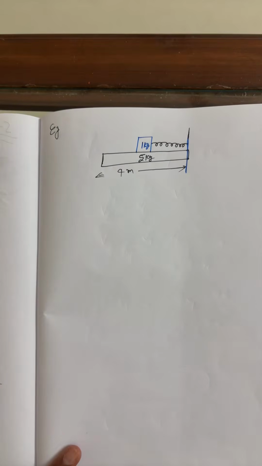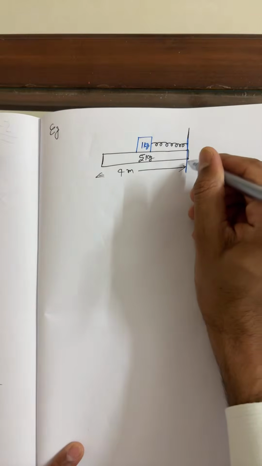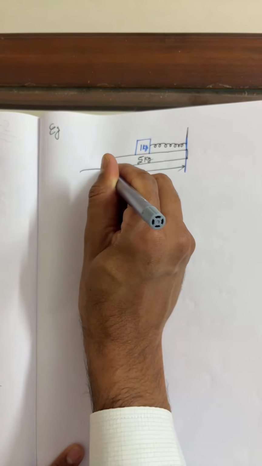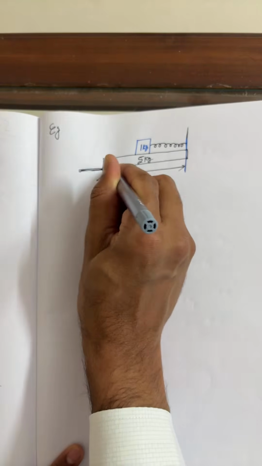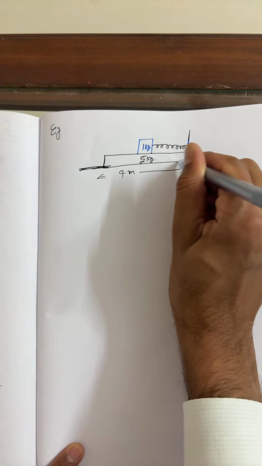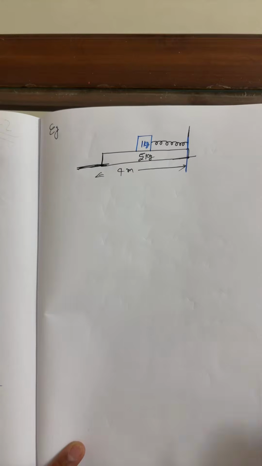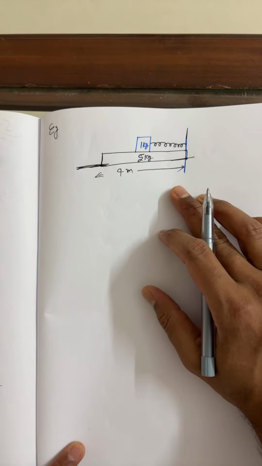A plank of mass 5 kg is placed on a frictionless surface. There is no friction at all, because you can see this plank placed on a surface. So students, you can take this as frictionless. There is no friction at all. For this condition, you can see 1 kg placed over the block, a massless